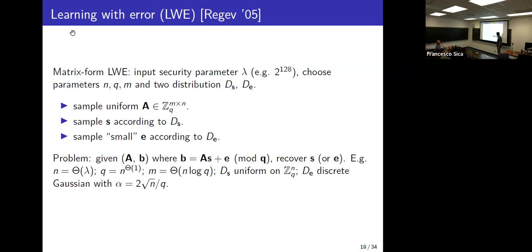The whole equation is defined modulo Q, where Q is N squared, but I require the norm of E to be about the square root of N, which is smaller than Q. If you consider computing this in practice, A is uniform mod Q and S is uniform mod Q, so if you multiply them together you get something larger than Q, which wraps around modulo Q. But after you add E, this AS modulo Q will with high probability not wrap around another Q, simply because E is small. So that's what happens in the underlying arithmetic.